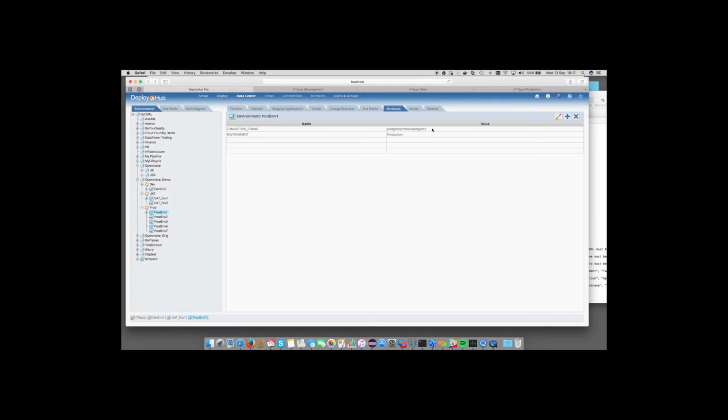So what we need to do is to extract that configuration file from the WAR, make a change to that connection string, and put the configuration file back into the WAR file before that WAR file is deployed to the target server. So we know that DeployHub has this concept of a drop zone where files can be manipulated before they get pushed out. So let me go back to our application, and let's have a look